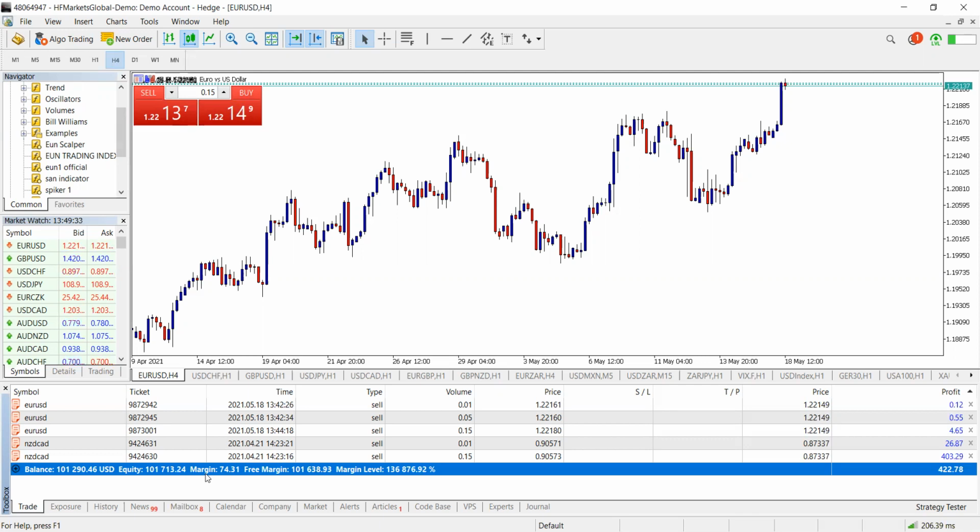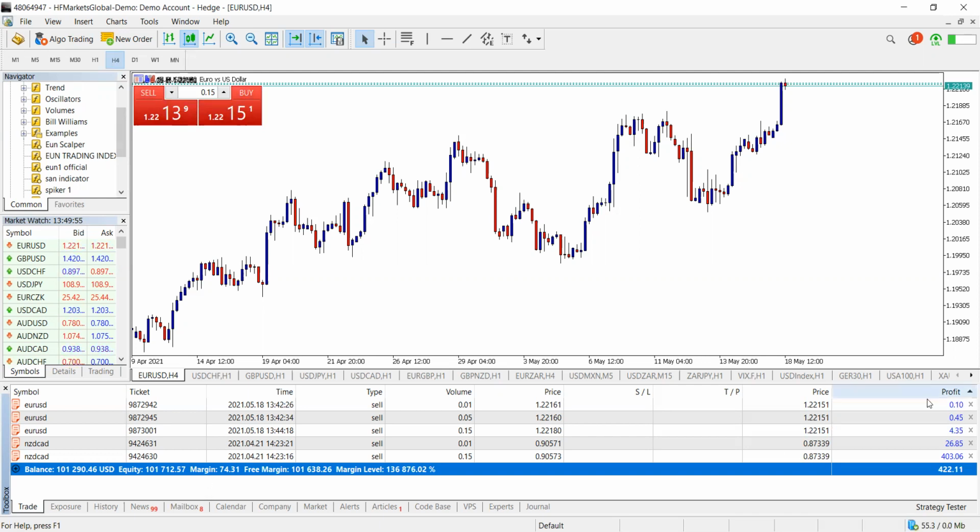Even if your account had $1 million, you see zero. Zero. That's what you call blowing your account. You would say that you have blown your account, you have lost money on the Forex market.